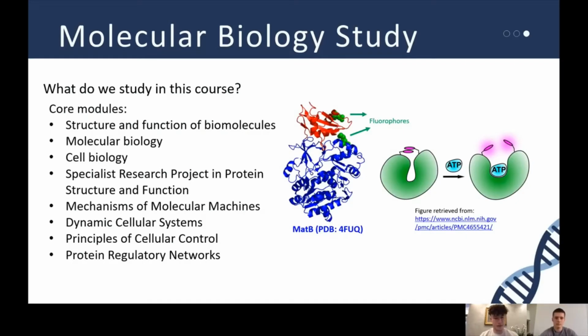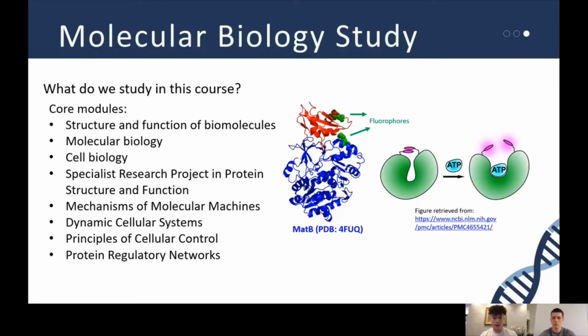So, given that, what is it that we actually study in molecular biology? On the left here, you can see some of the core modules. These include structure and function of biomolecules, specific takes on how exactly molecules function at the molecular level, at the atomic level. However, molecular biology doesn't end there. When you take into account all of the possible interactions between these proteins, then complex systems emerge. For example, what we studied in dynamic cellular systems, you take a look at how cells communicate within each other